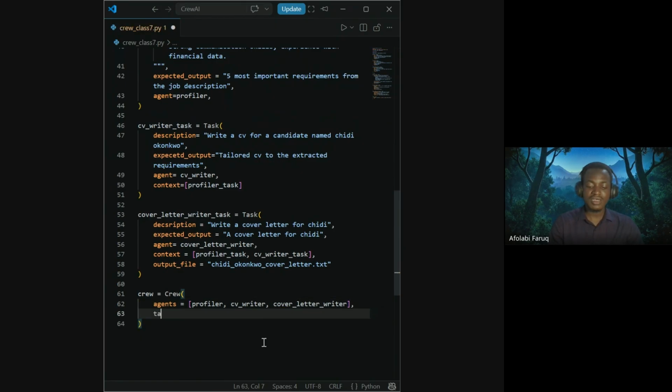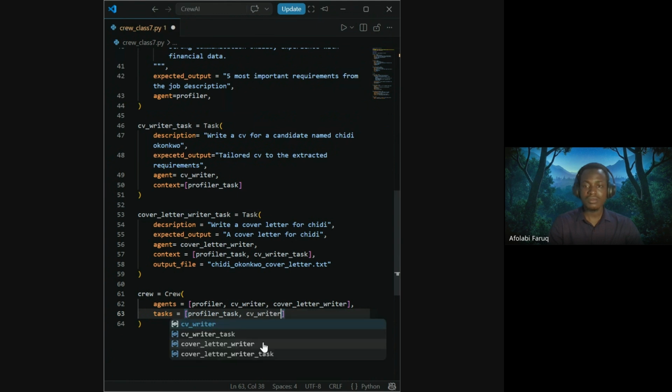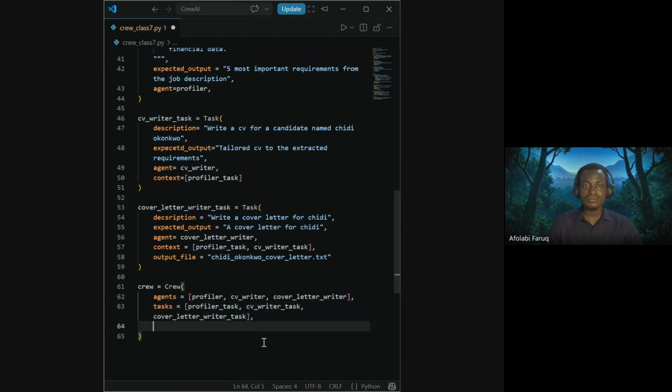Then you have the tasks again: profiler task, CV task, and the new cover letter task.